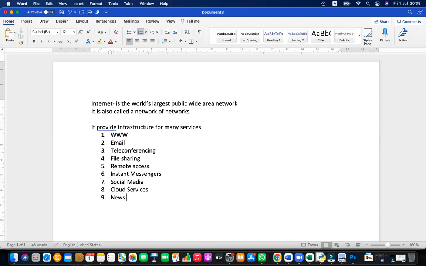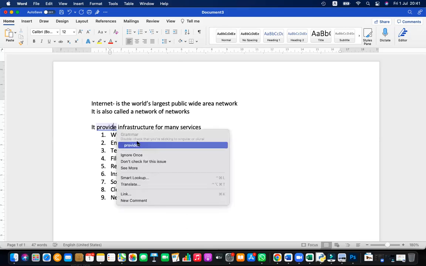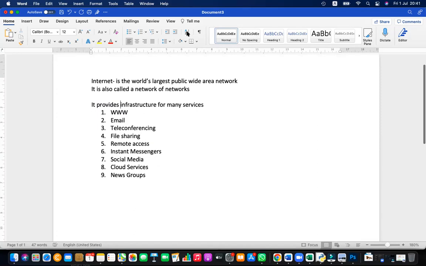These are some examples of why we are using the internet. These are the major services provided by the internet, so we learned about that as well.